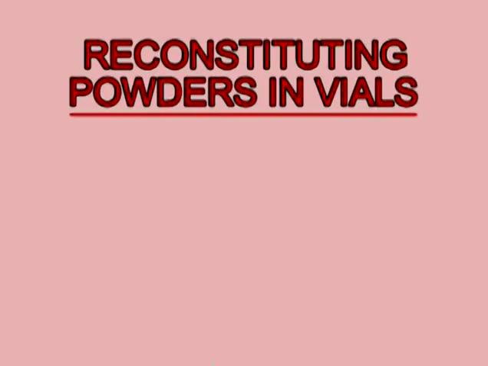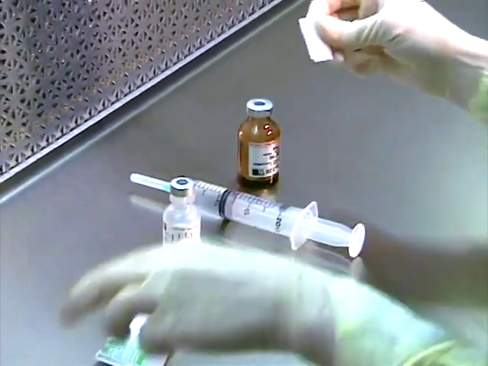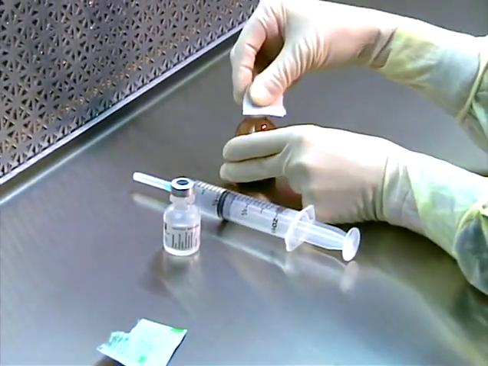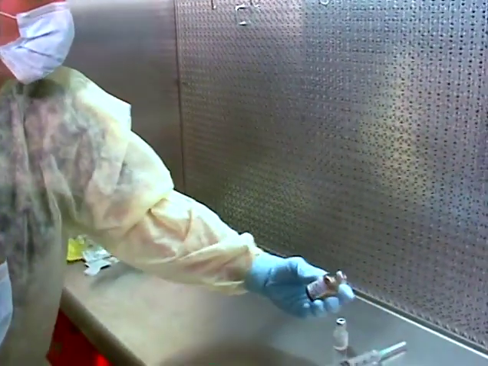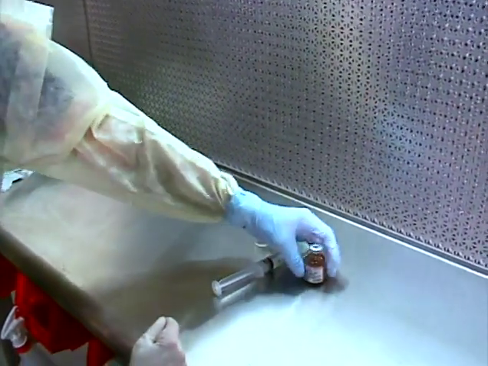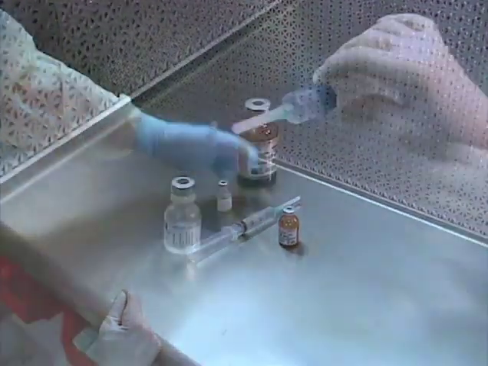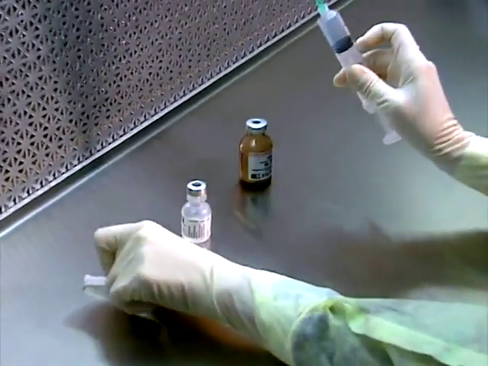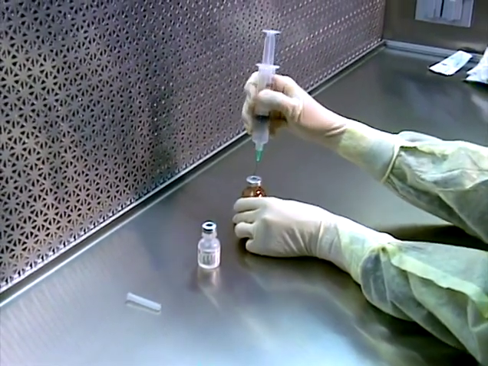To reconstitute a powder in a vial, be certain the vial septum is disinfected and the alcohol has dried completely. Draw up the required volume of diluent. Have a pharmacist verify the proper diluent and plunger position. Keeping first air over the septum and needle, grasp the base of the vial to secure it. Insert the needle into the vial and pull back on the plunger as far as possible without pulling the plunger